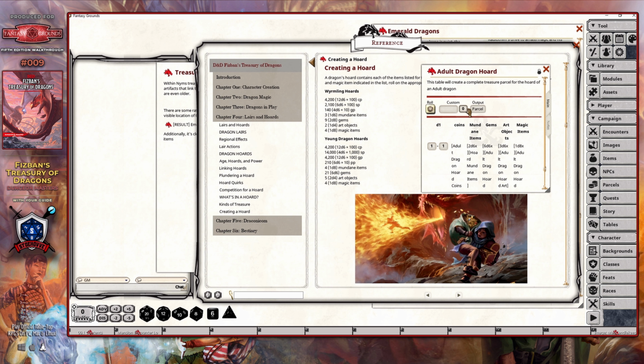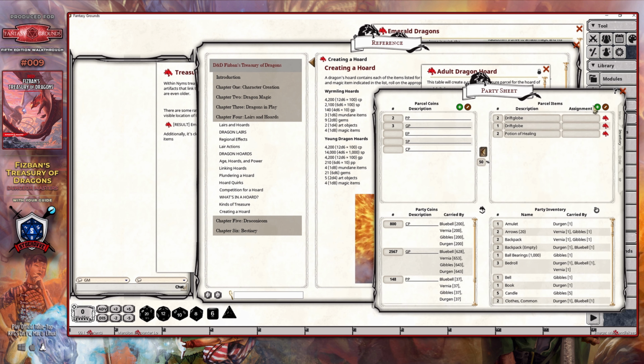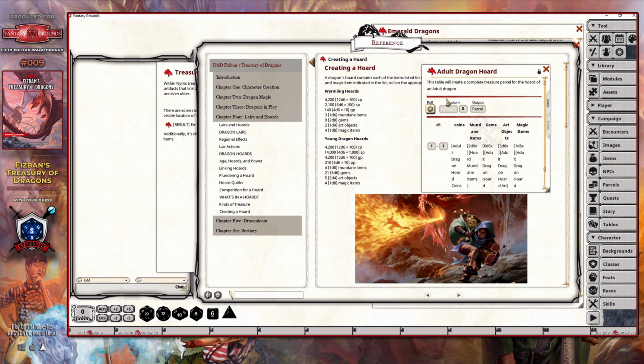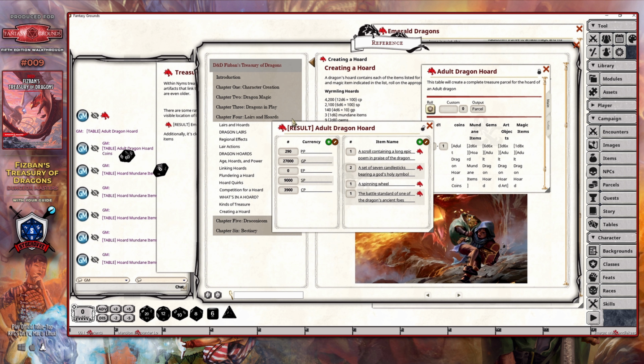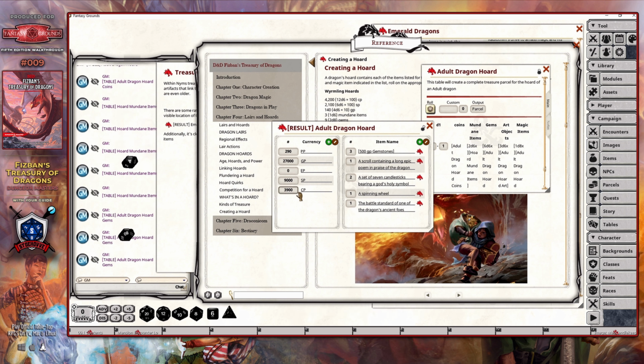I personally prefer the parcel because then it's compatible with the inventory page here of the party sheet. So I'm going to go ahead and click on this roll. And when I do that, you're going to see right away that it's going to start to roll a whole lot of things. It's going to start off with a lot of the coins that this particular horde is going